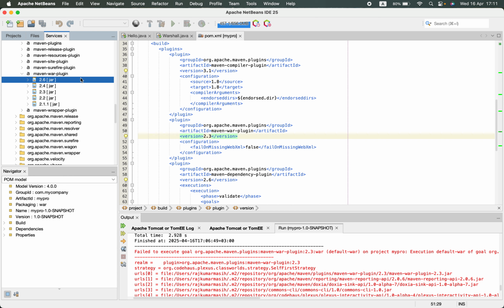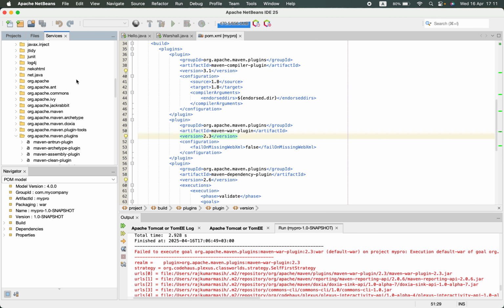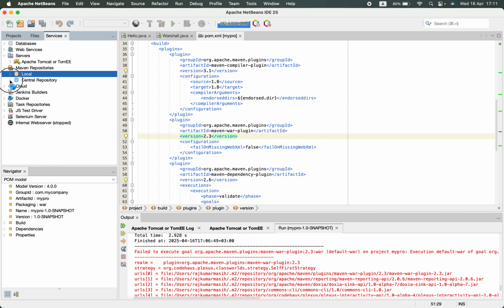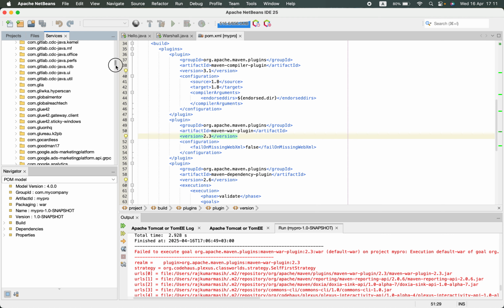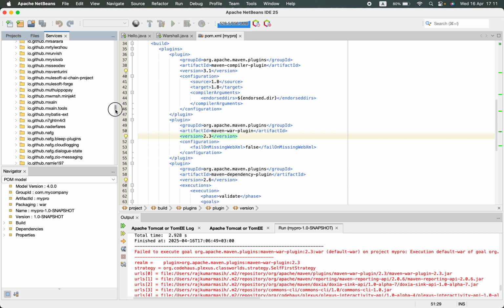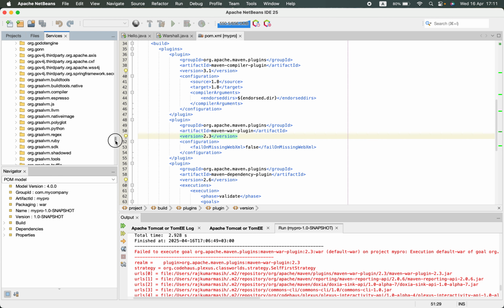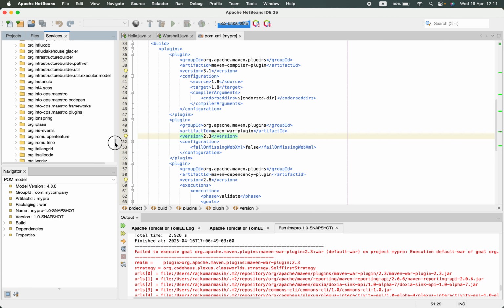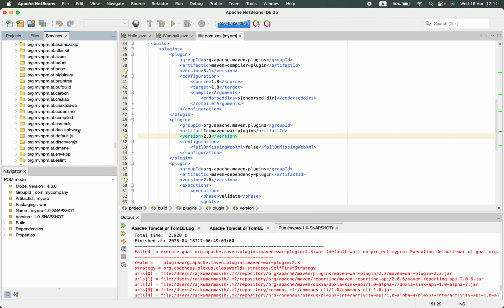Then rather than going to the local repositories, I thought of going to the central repository. This is a large repository, so we need to navigate it, and it is all arranged alphabetically. So org.maven, we can go as close as possible, you can drag it. Okay, so maven,